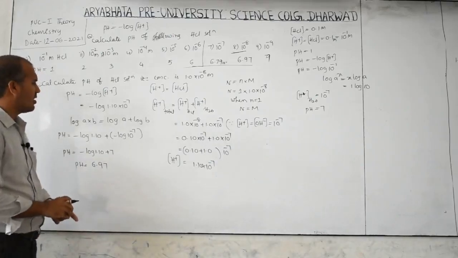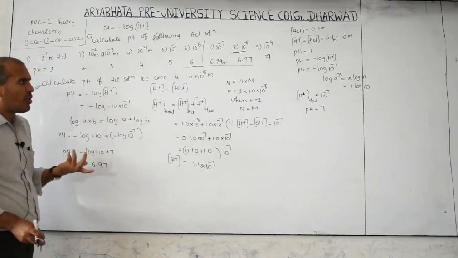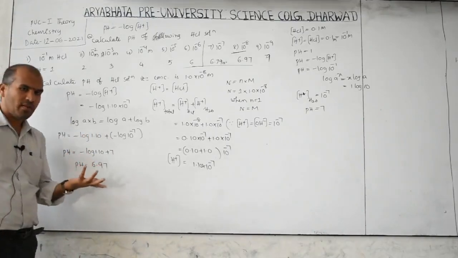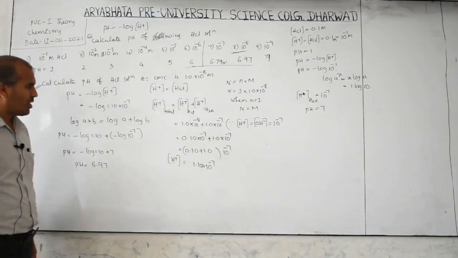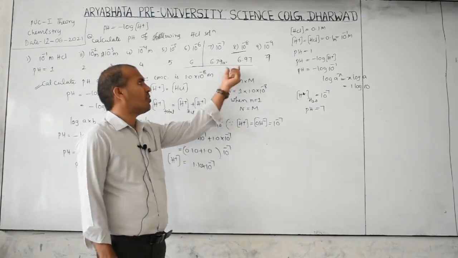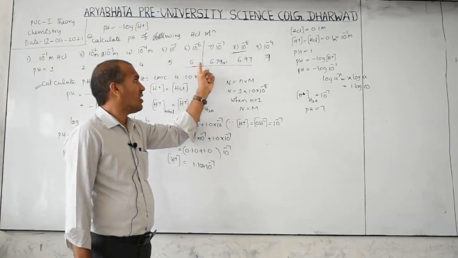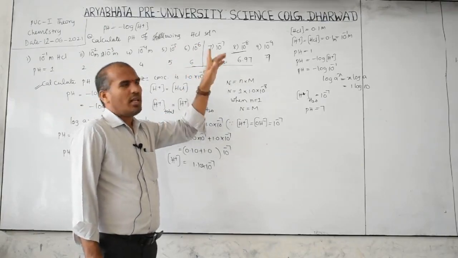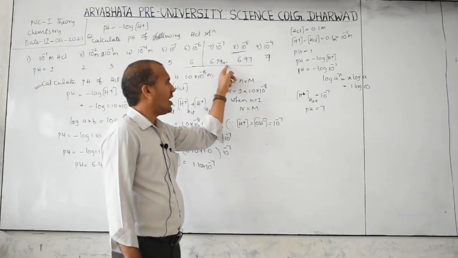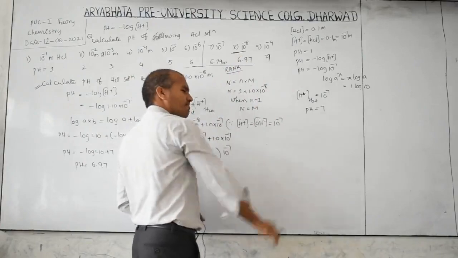So for 1.10, pH is 6.97. For board exam purposes you have to calculate all this, but for competitive exams there is no need to calculate all this, you directly give the answer. All this calculation is time taking. For me to explain it took more than 1 minute, and if you take more than 1 minute in a competitive exam, it is a waste. Therefore directly remember the values: for 10 power minus 7 it is 7, for 10 power minus 8 it is 6.97, and 6, 7, 9 is the shortcut, very easy to answer.